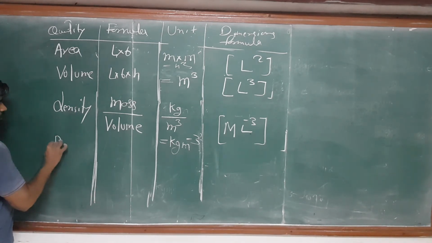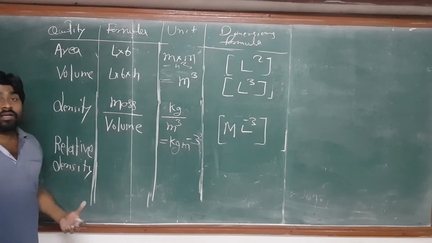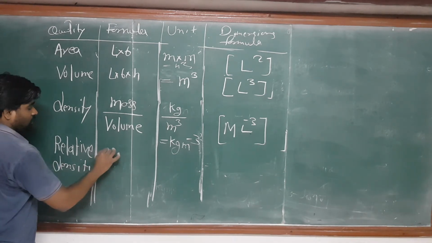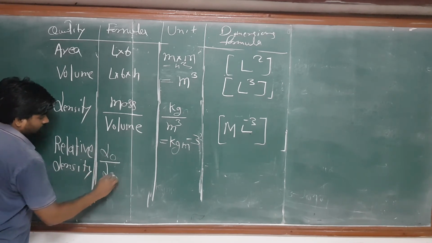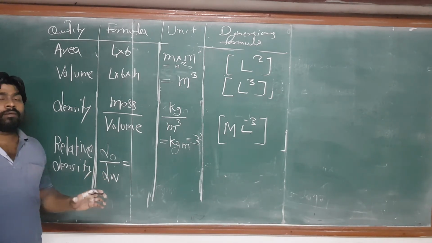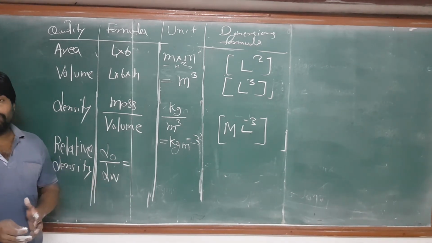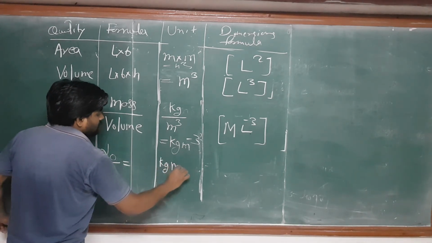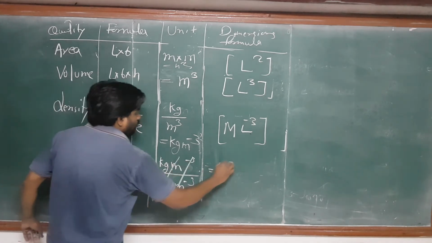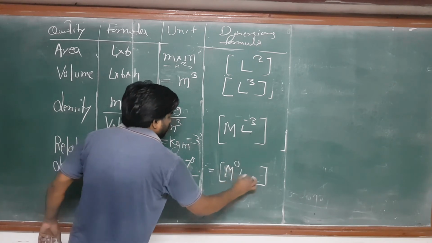Now the other point is the relative density. You must have heard about this formula in class 9 in the pressure and forces chapter. Relative density is called the density of object upon density of water. Any type of density has the same dimension formula. So the density of object is the mass present in per unit volume, the density of water is the mass of water present in per unit volume, and they have the same unit and the same dimension formula. That's why if I write the dimension formula of density of object and of water, both are the same and cancelled, so it has no dimension formula. Either you can write here m to the power 0, l to the power 0, t to the power 0,